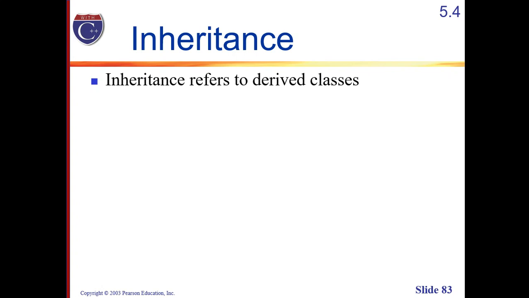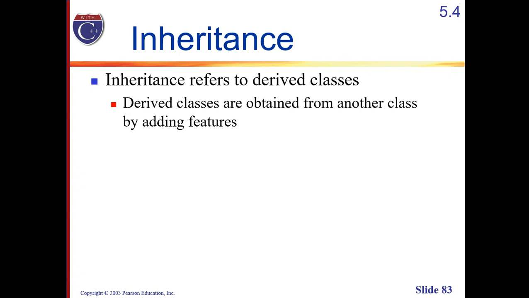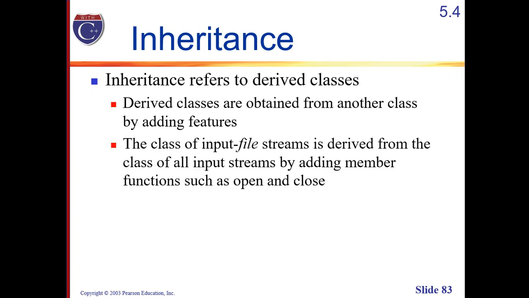Let's say the cin was derived from the istream class. Same also applies for the input file stream, which is a derived class from the parent class input stream. Thus, derived classes are obtained from another class by adding features. The class of input file streams is derived from the class of all input streams by adding member functions such